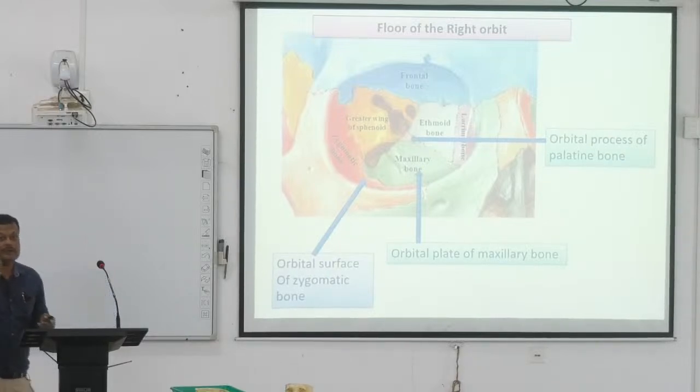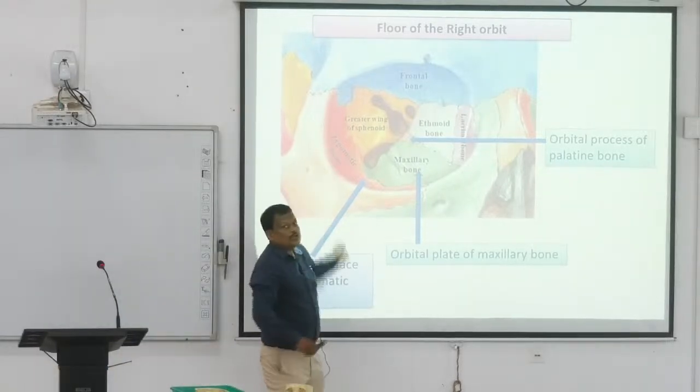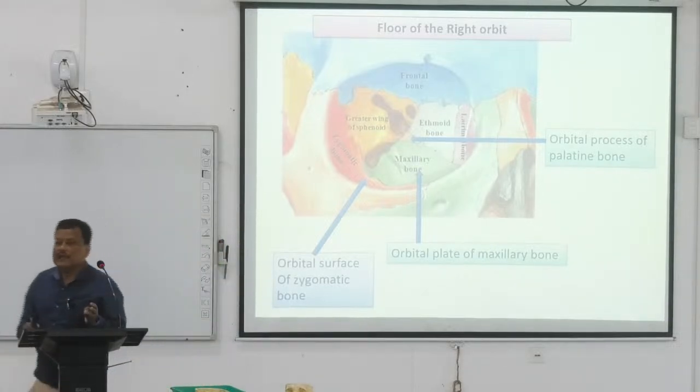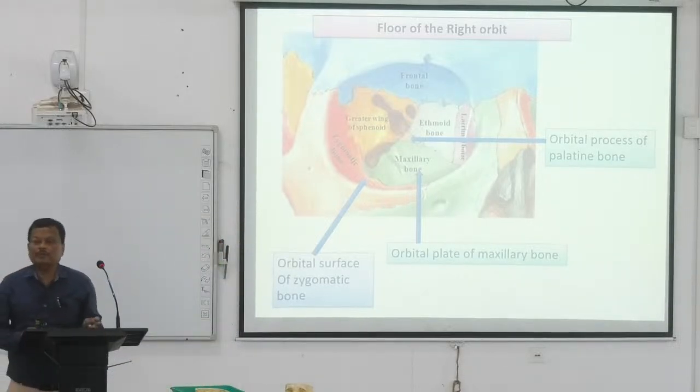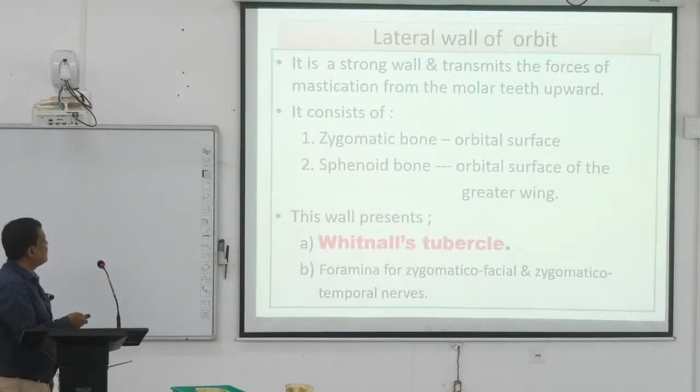একদম ব্লান্ট থাকবে না যে হুইটনলস টিউবারকুল ইজ এ small tubercle present in the zygomatic bone close to the lateral wall of the orbit, in which attach the lateral check ligament, levator palpebris superioris, তারপরে হচ্ছে এটা ভুলে গেলাম, সাসপেন্সারি লিগামেন্ট, এগুলি আসবো আমি এক এক করে। সুতরাং এটা হচ্ছে হুইটনলস টিউবারকুল।